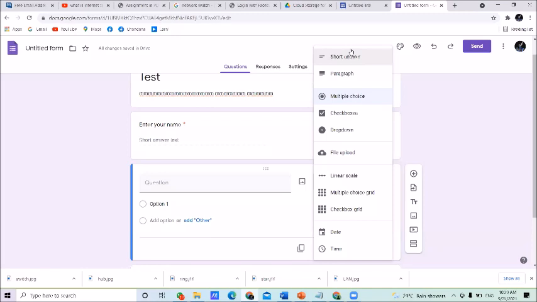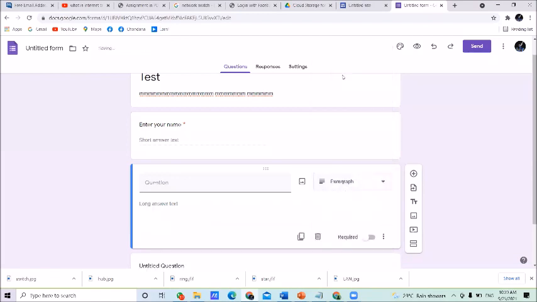Now, Google Forms is very popular. They are preparing these Google Forms, and you can publish the link. Very quickly, you can collect ideas or experiences of others. Suppose your second question is paragraph type, then click on paragraph, then type the question.